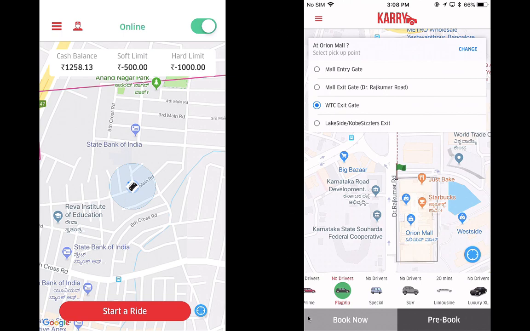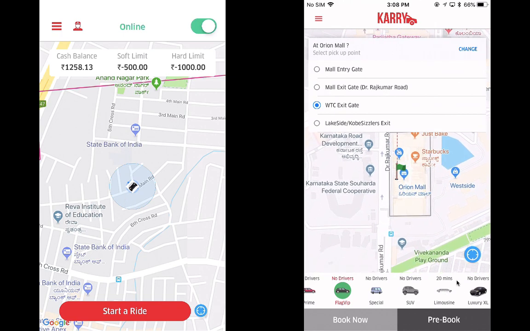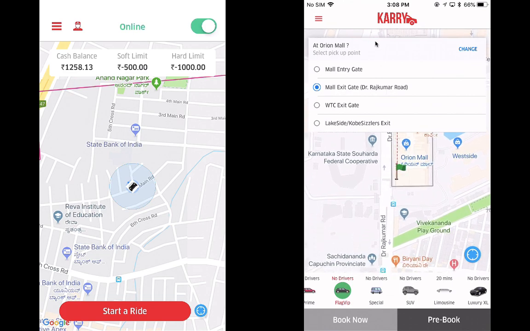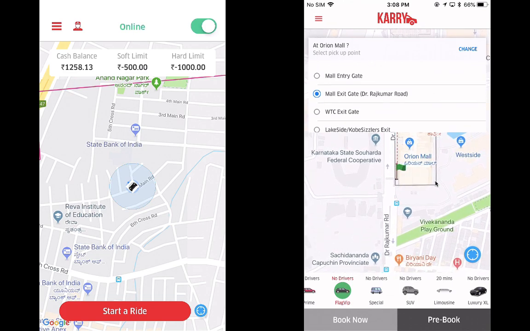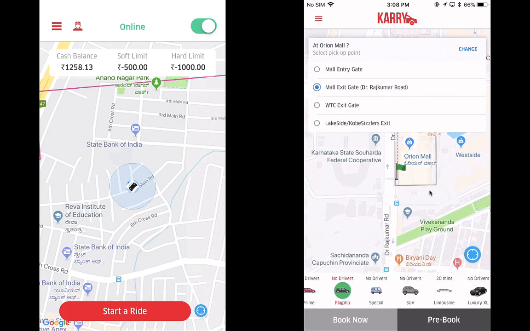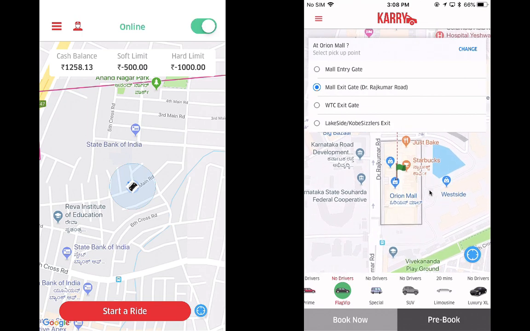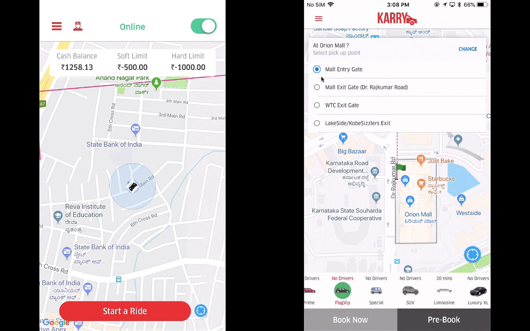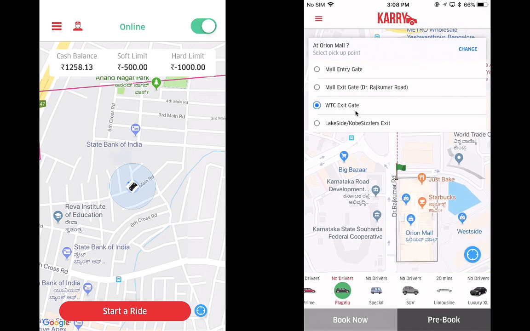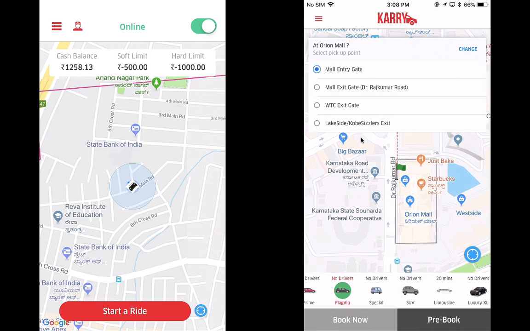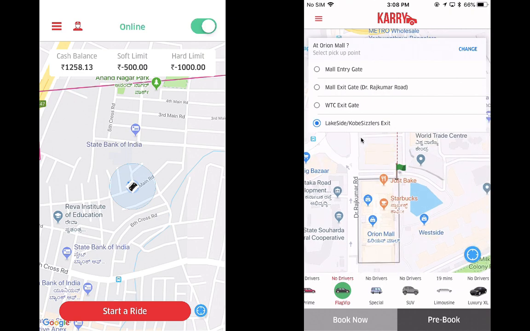The other thing that we can do on the application is set a special pickup point. As you can see, I have the customer application on the right hand side. When I bring my map to Orion Mall, the app automatically points to areas such as the main exit gate, the west exit gate, lakeside exit, and these are all special pickup points, much like you will see in the airport if you are booking an Uber ride. So what I can do is select a special pickup point,